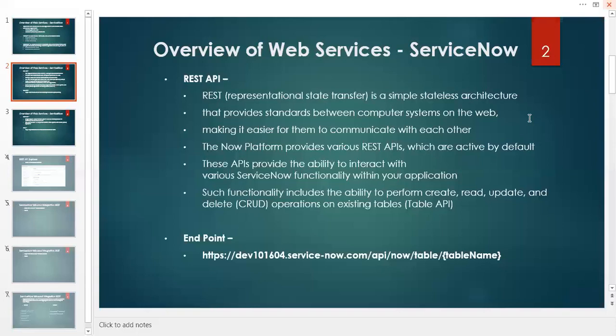This means ServiceNow provides a few APIs which allow you to interact with applications like incident, problem, change, demand, or any other application as per your business need. Interaction means creating records in the tables of that application, updating records based on certain business requirements, deleting records, or getting data from those tables. Here is a sample of one of the endpoints. We will cover it in detail later.